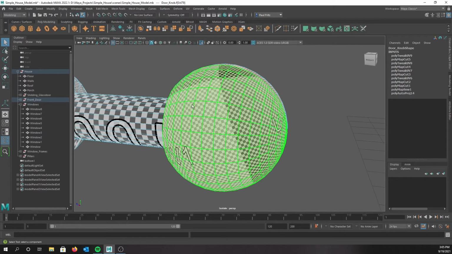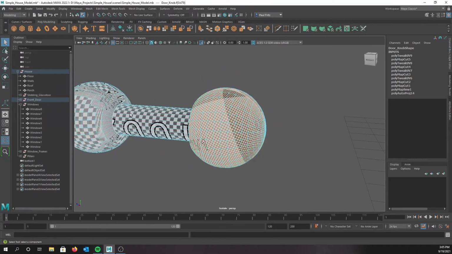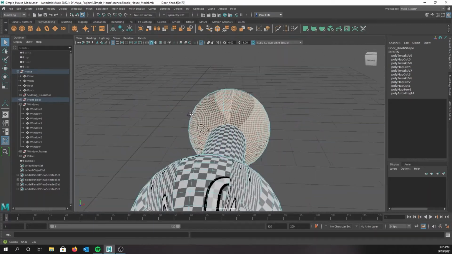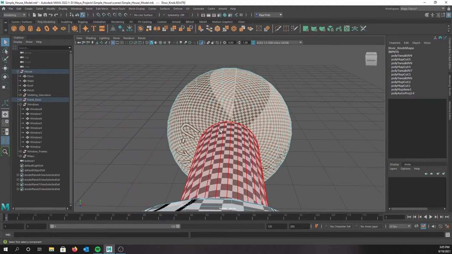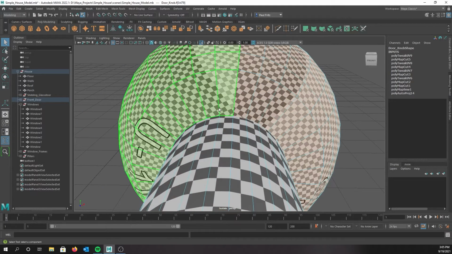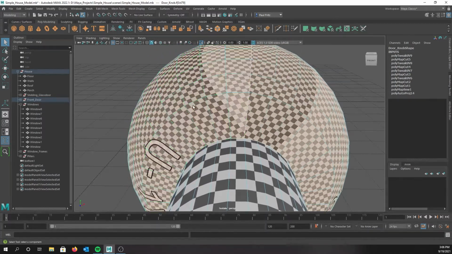Okay, if you ever lose your model, if you have it selected, hit F on your keyboard. It helps you find it. And one thing that might have helped is I could have cut it along here and laid this out flat as well. But overall,